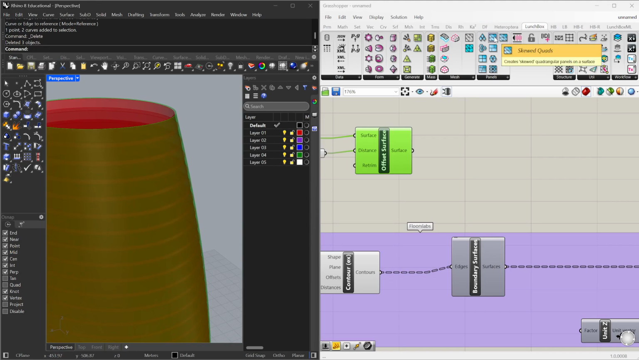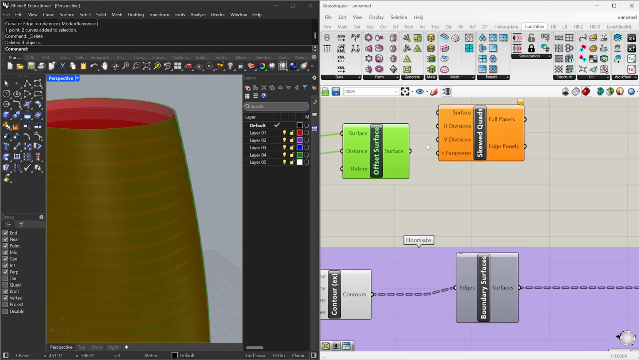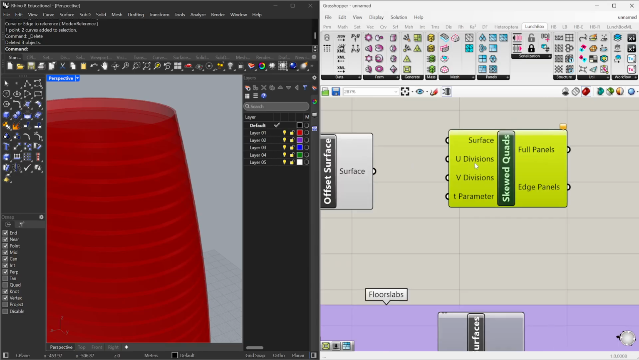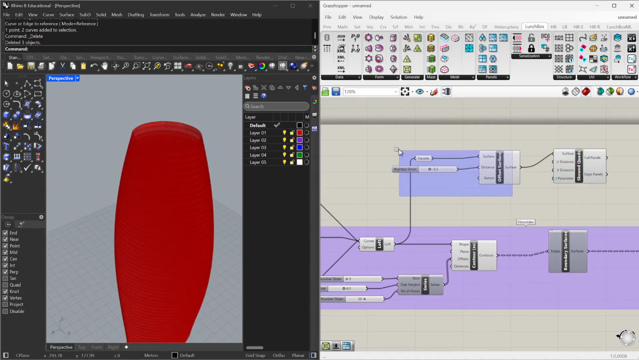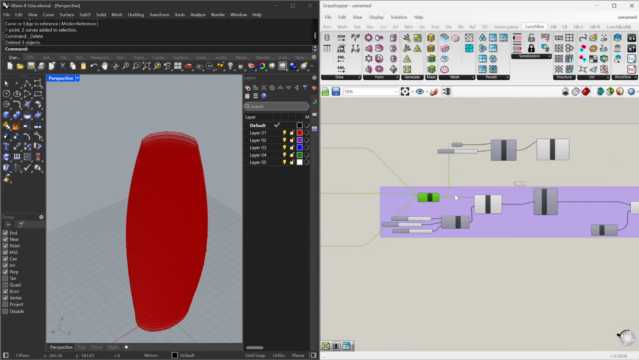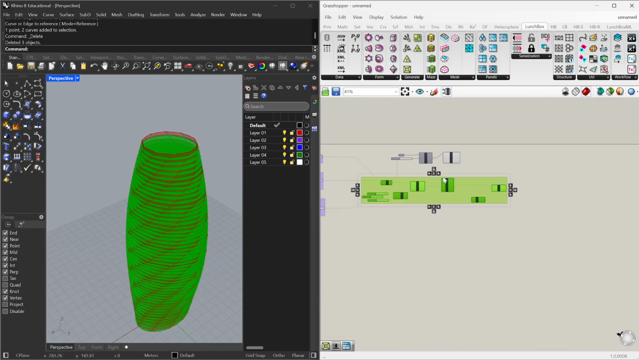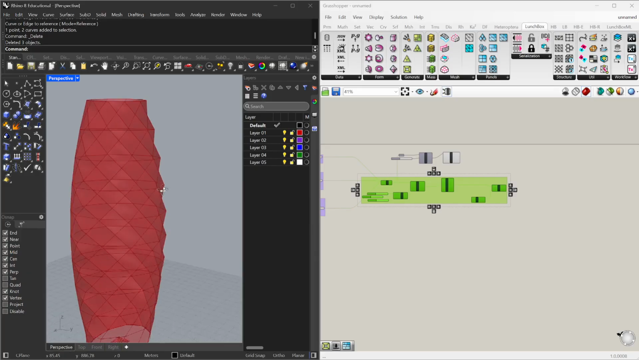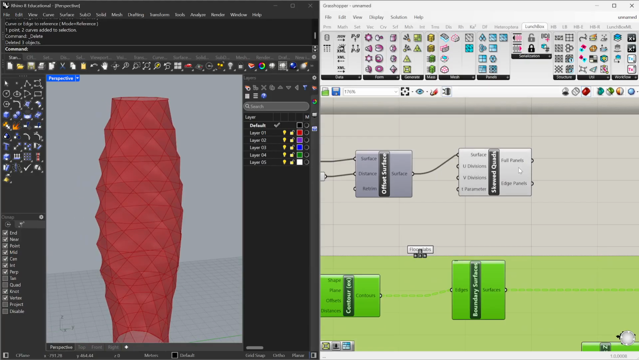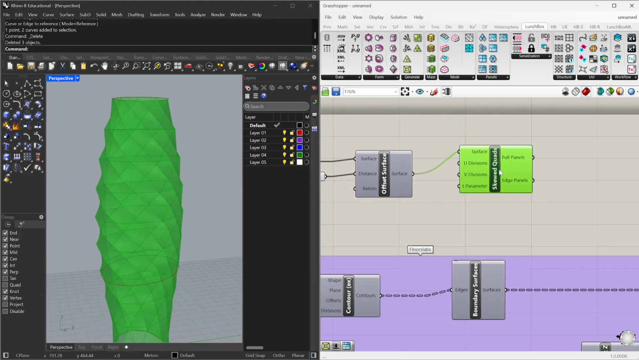We could use skewed quads. So I could put this here. And the U divisions and X divisions come in by default. So let me just turn off these surfaces just so you can see. I'll turn my preview off. And then I'm just going to turn off my slabs just for a moment, just so I can show you this. So what's happened now is I've taken that surface and I've divided it into different panels using the Lunchbox